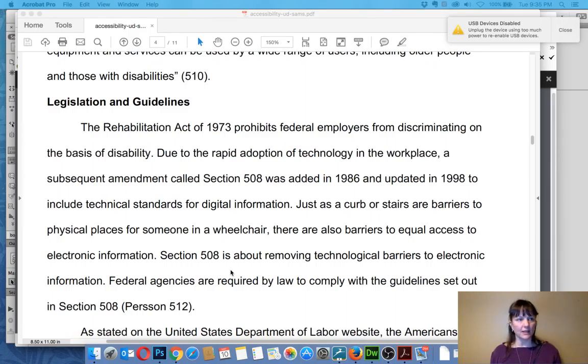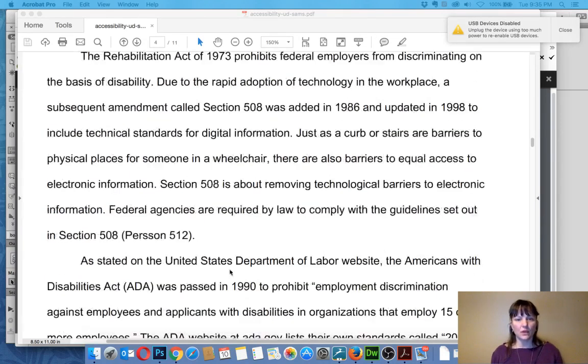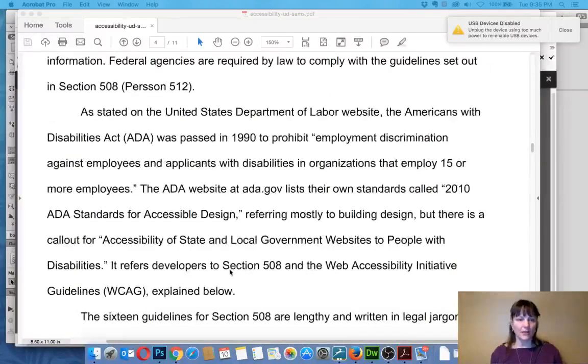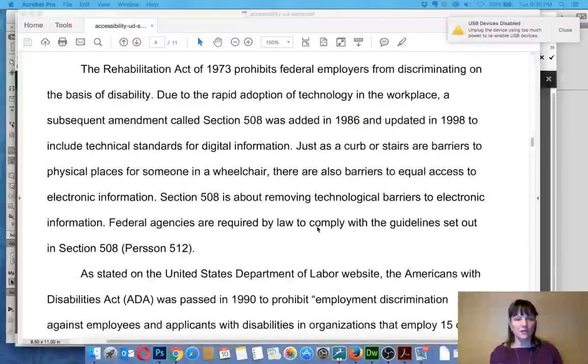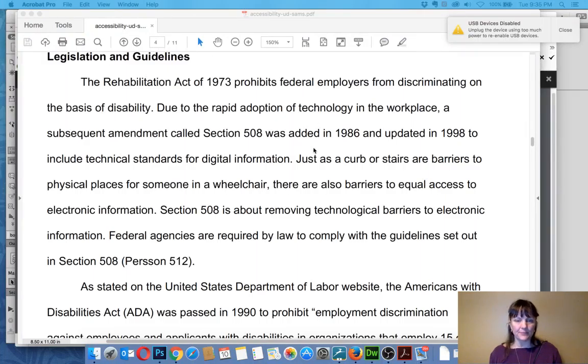If you are, let's say, a nonprofit or a state-run website, you also are required by ADA, which goes into state and local, to comply with 508.